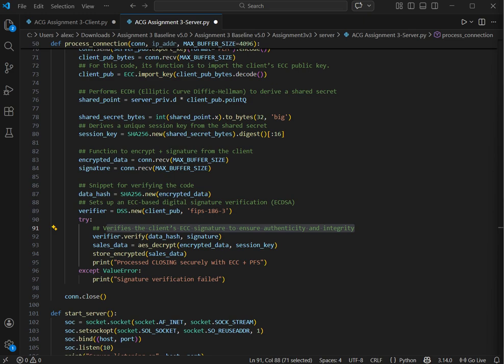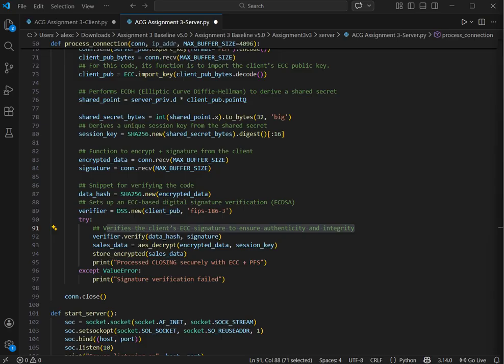So ECC is very efficient for modern systems, especially mobile and IoT. The last point, and the most recent one that we added in order to make it more robust, is called perfect forward secrecy, the PFS. This one we'll just touch on, because with all these three, adding this is just a bonus point. For PFS, after I did some checking and research,